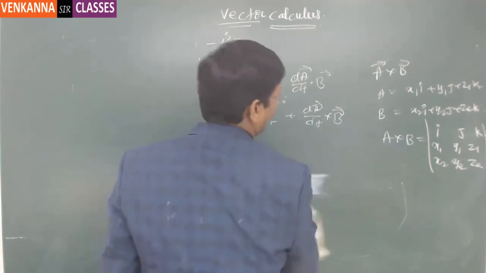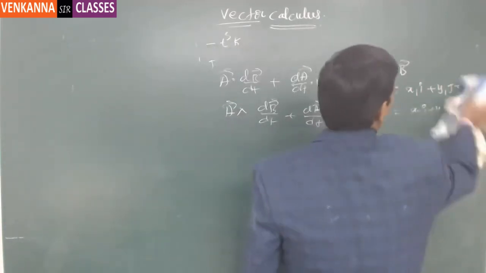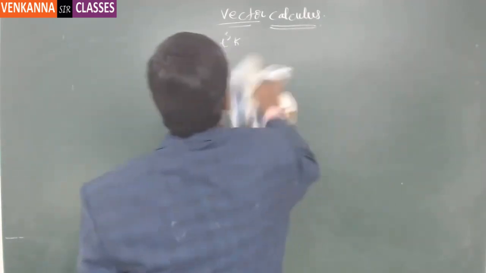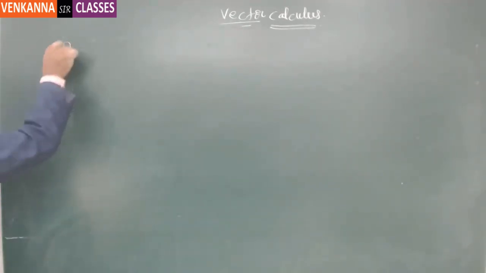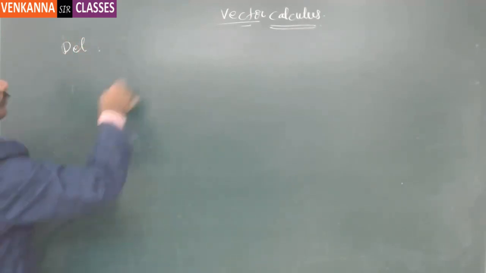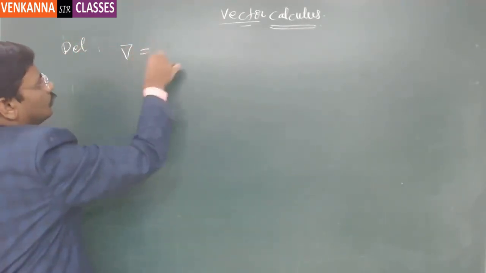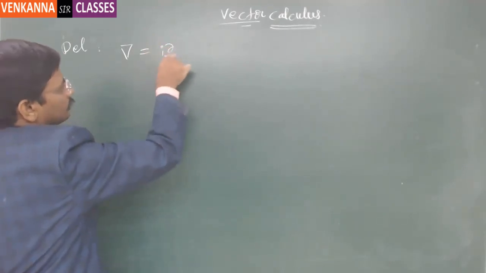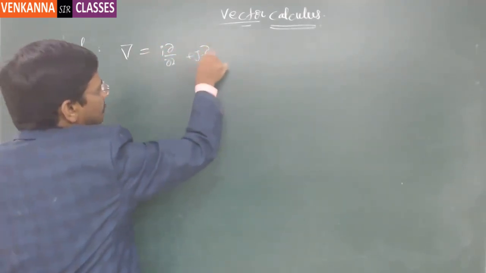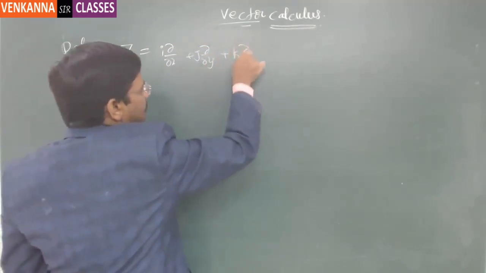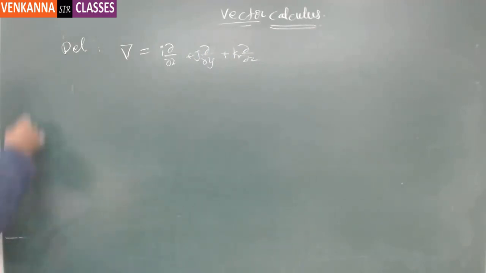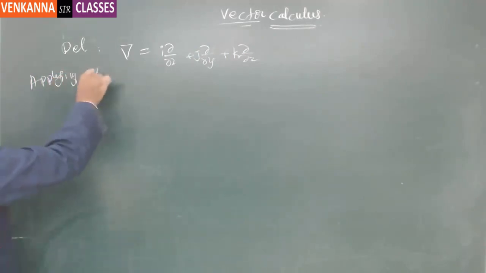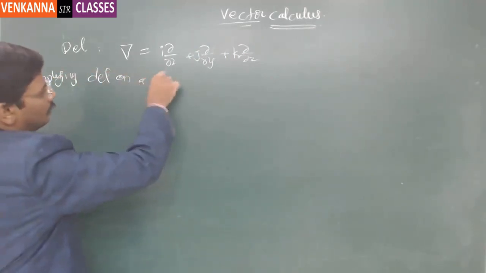Now coming to the gradient. For the gradient, there is an operator called del. Del is defined as del is equal to i dou by dou x plus j dou by dou y plus k dou by dou z. The del operator. Now, applying del on a scalar value